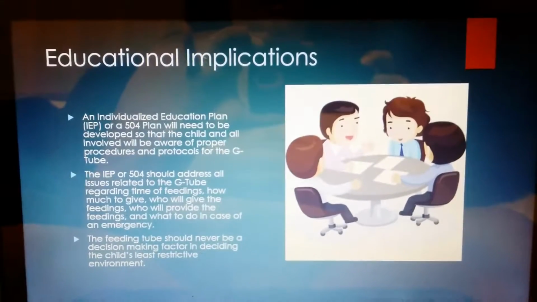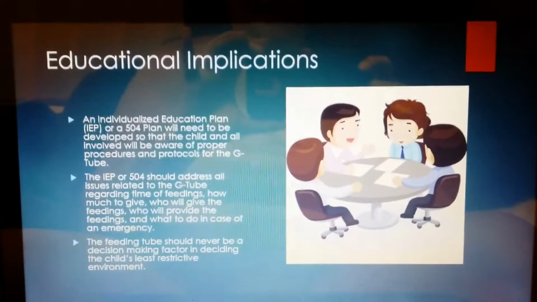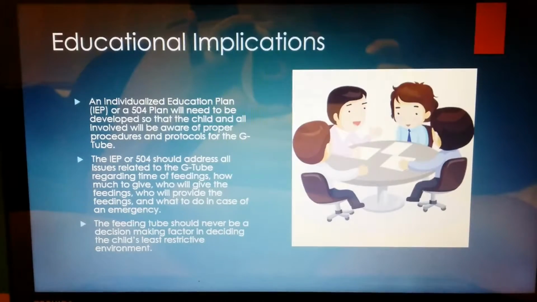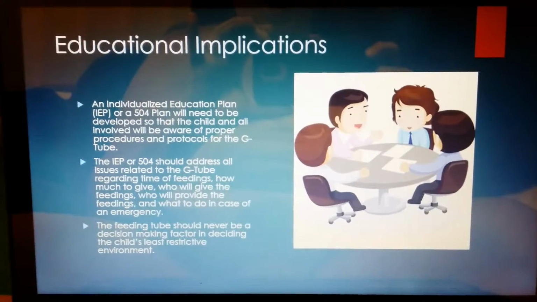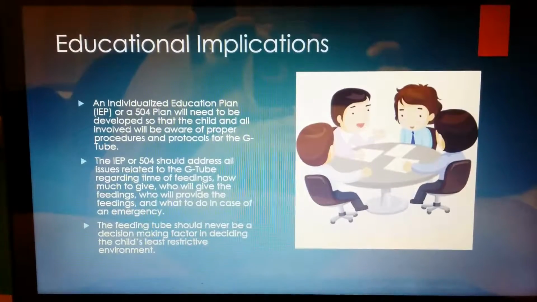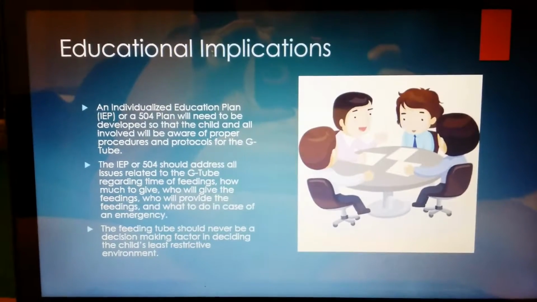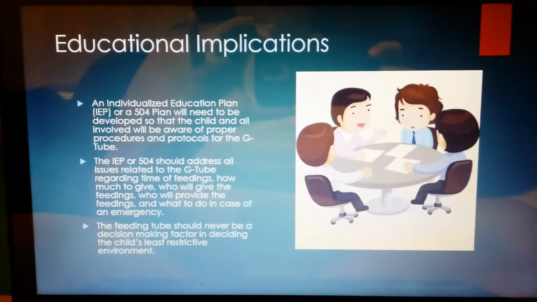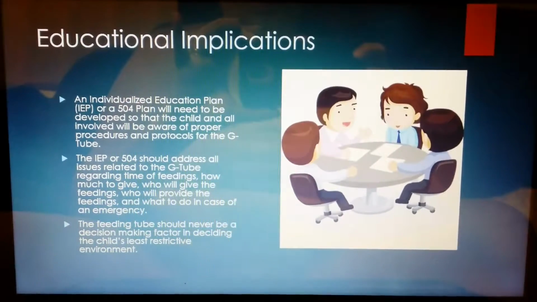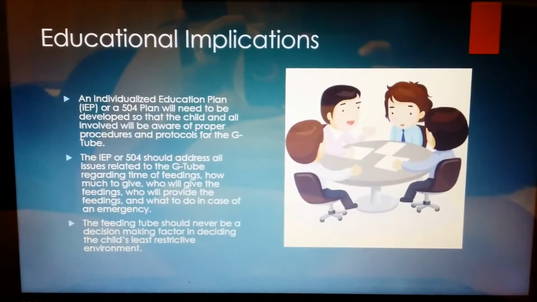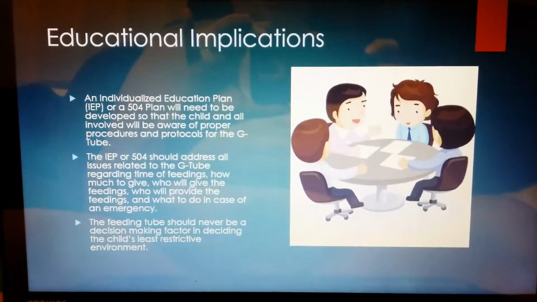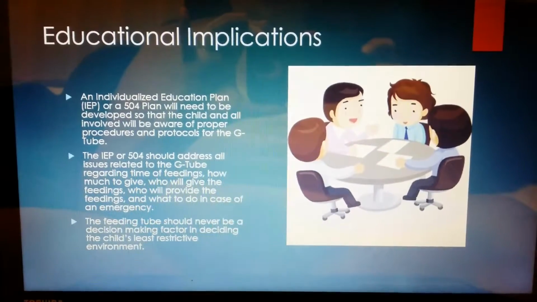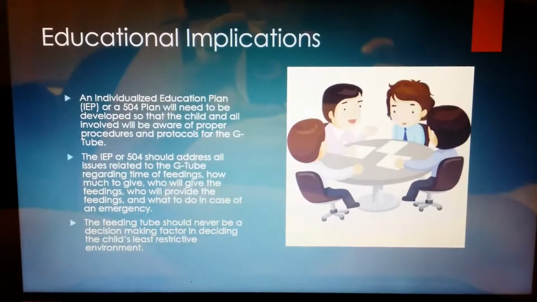Educational implications of a feeding tube. An individualized education plan, or IEP, or a 504 plan will need to be developed so that the child and all involved will be aware of proper procedures and protocols for the G-tube. The IEP or 504 should address all issues related to the G-tube regarding time of feedings, how much feeding or food to give, who will provide the feedings, and what to do in case of